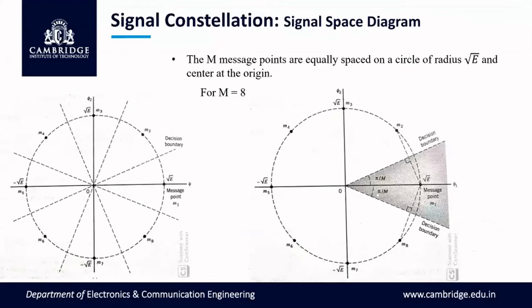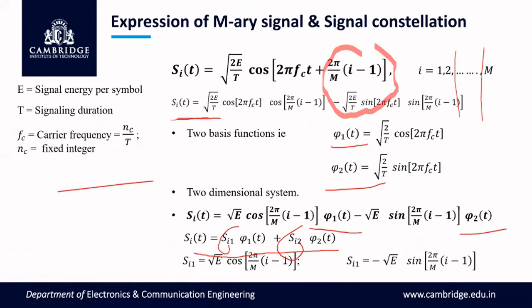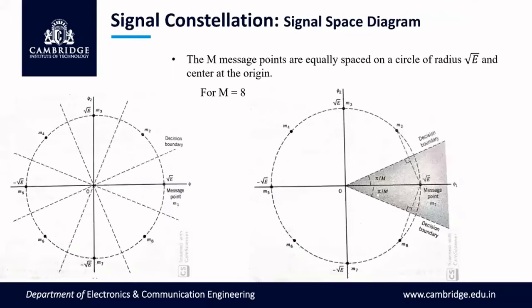Now we'll go to signal constellation. Whenever you are asked to write the signal constellation of PSK, QPSK, DPSK, something like that, you have to start with the equation of s(t). You have to write the complete equation of s(t). Then you have to define the basis functions. After defining the basis functions, you have to find the signal components, s_i1, s_i2, something like that. After that, you have to plot the signal space diagram, right? So based on these equations, we come to this conclusion.